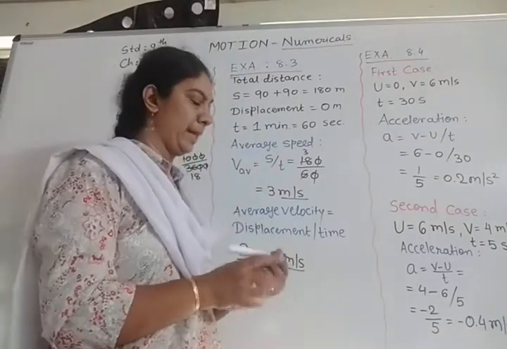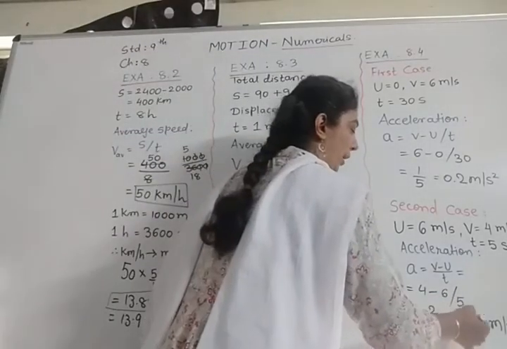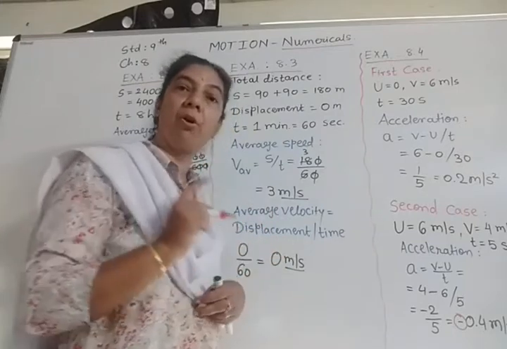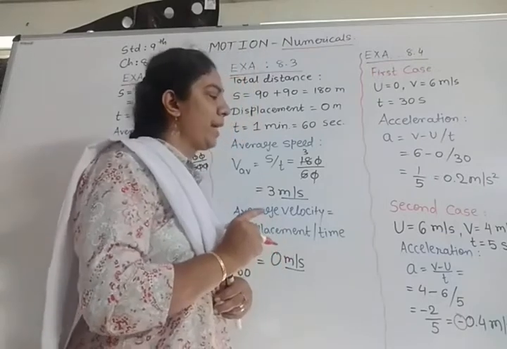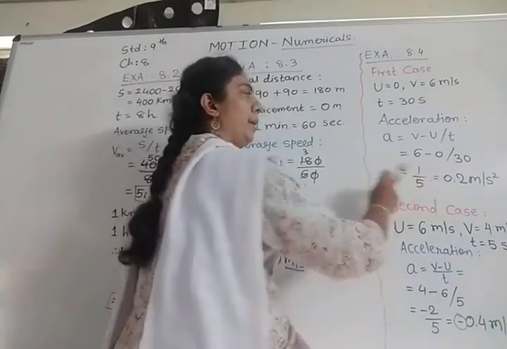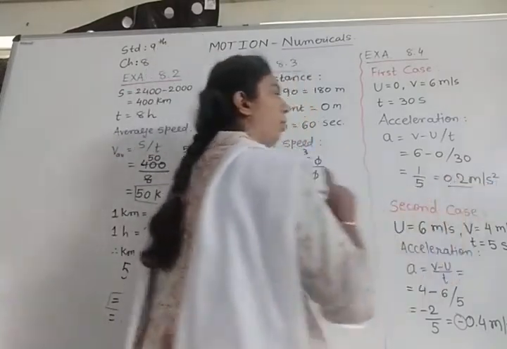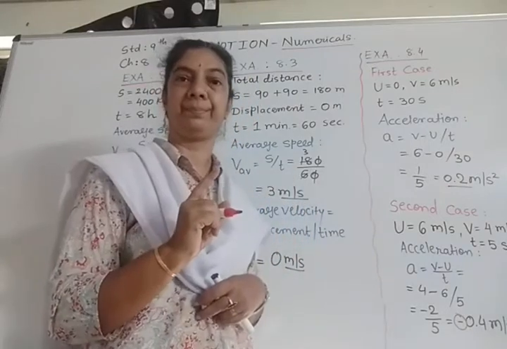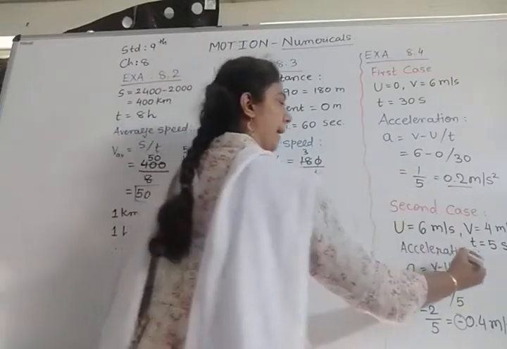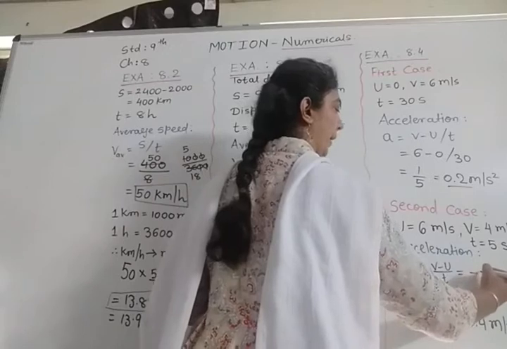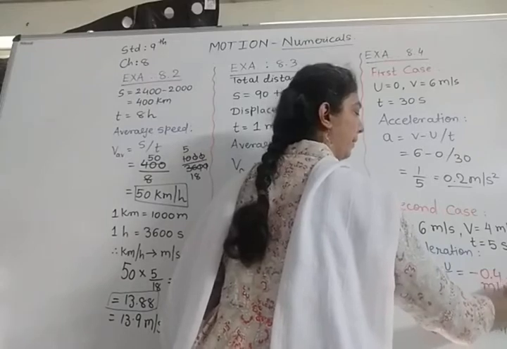Remember over here that this minus sign is showing the deceleration or retardation. And as the denominator is greater, just check that your answer will always be less than 1. So like that, please try to solve the numericals. Here I am getting the answer of deceleration as minus 0.4 meter per second square.